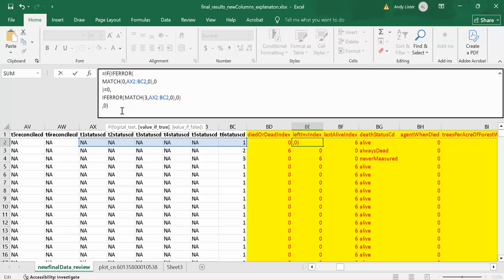Otherwise, return a 0. So the if-then conditional statement has that format. If this, then that, otherwise that. So in this case, if the function I described with the match returns a 0, in other words, it's not a 0 and a 0 doesn't occur in the array, then do this